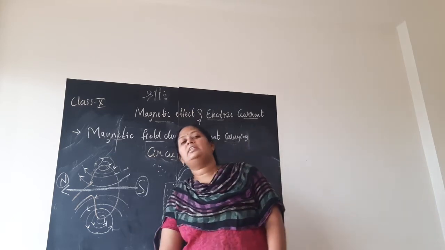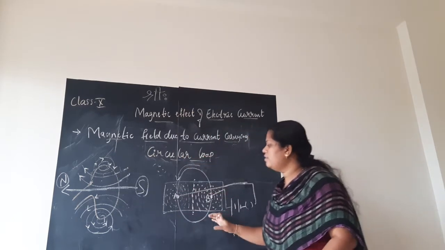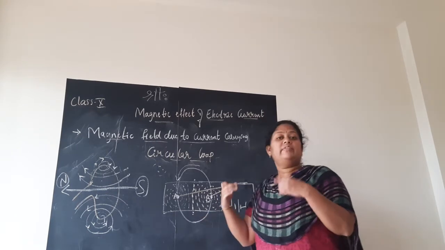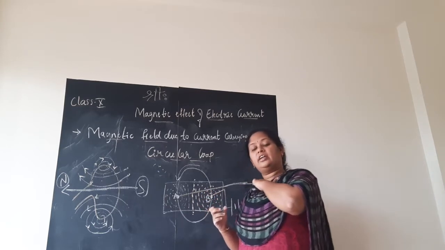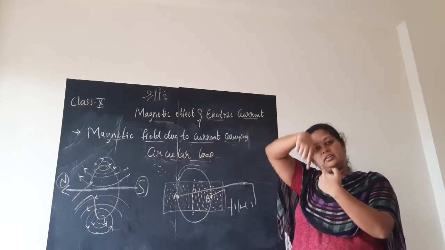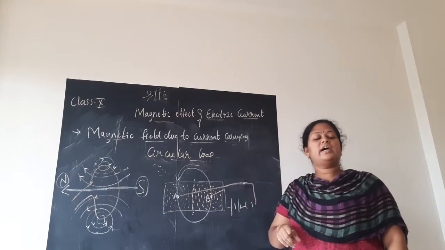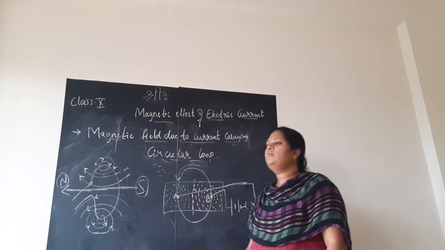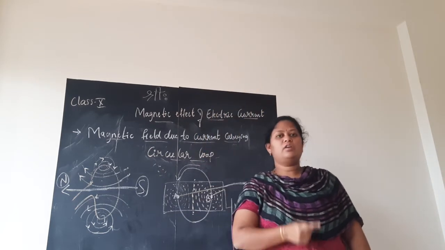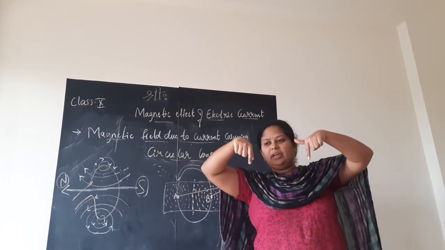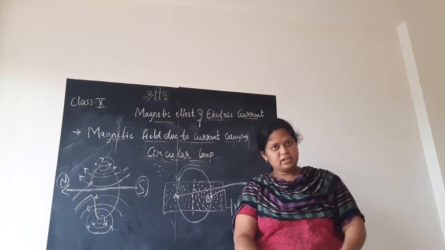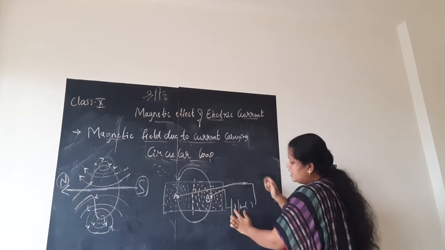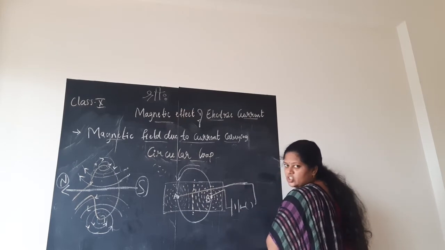So to understand this in a better way, as we always do, you have an activity given in the textbook. Here, we already know the activity for the straight current carrying conductor. Take a copper wire, insert it by making a hole in the cardboard, put the iron filings, switch on the current. The same thing we will do here. But since this is a circular loop, we are taking a continuous circular loop of wire, and two holes we are making in the cardboard, and through that we are inserting the copper wire like this, and the other two ends of the wire, I am connecting to a battery and a plug key, children.